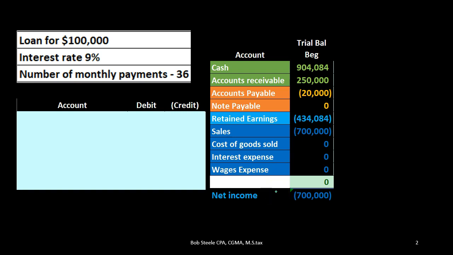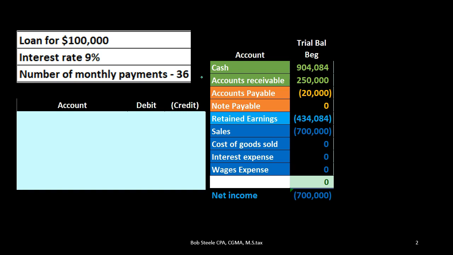The difficult thing in terms of a book problem when we record the loan is typically that we have too much information. This is the difficult thing in practice as well. So once we have the terms of the loan and we've already taken the loan out, then it's the question of, well, how are we going to record this? How are we going to put it on the books? And if we have a loan for $100,000, the interest is 9%, and the number of payments that we're going to pay back are 36, then how do we record this on the